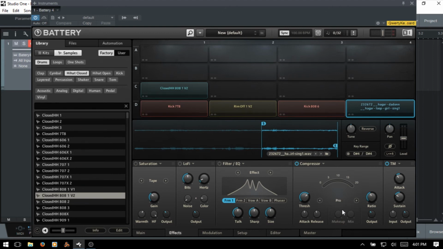Now for the classic and pro, we don't have makeup and mix controls available to us. If I come back to the classic, you can see that those are grayed out. For the solid bus comp, these are available, and we'll take a quick look at what those are for in just a second. The first control that we'll look at though is the threshold here, which basically determines when the